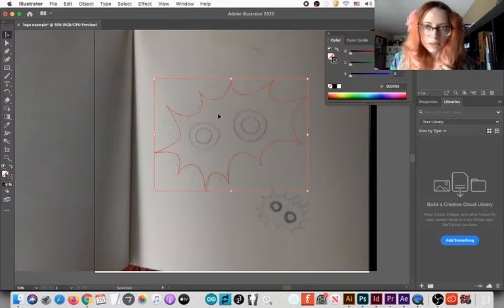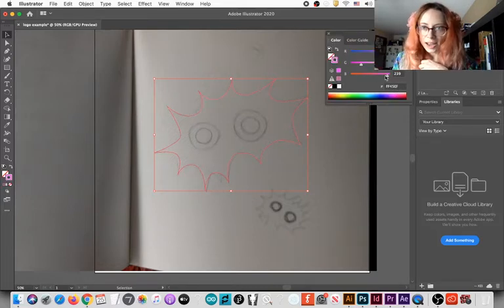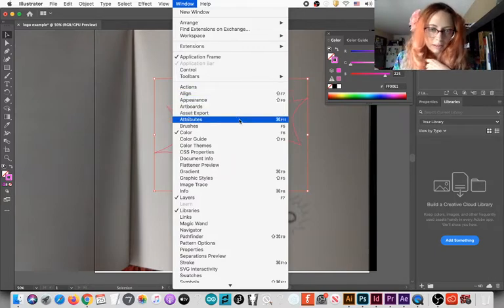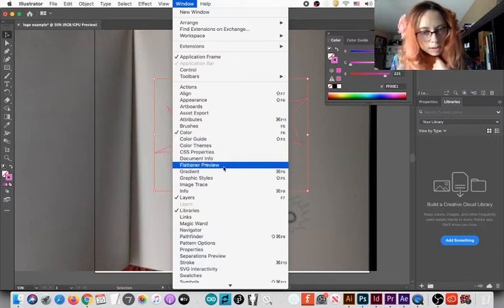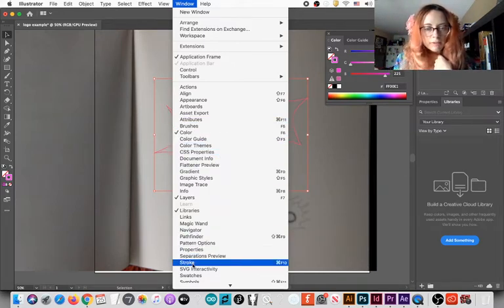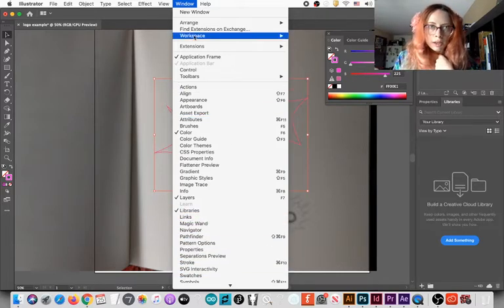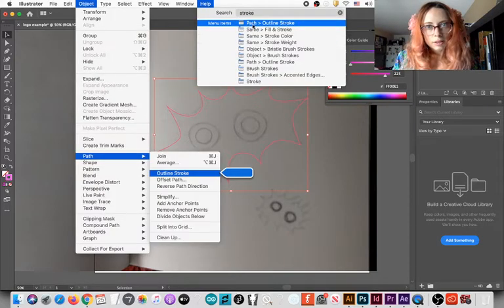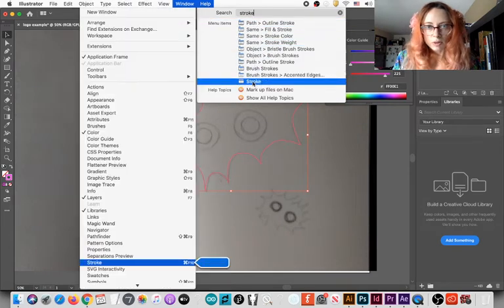I want this outline to be a different color just so I can see it. Pink! Yay! I want it to be a little thicker so all of us can see it. So, I don't see the thickness panel. Thickness, everyone wants some thickness in their life. This is called stroke. When something is missing from your panels, probably you will find it in Window. If you don't find it in Window because there are too many things, you go to Help and start typing stroke. And here it goes, it gives me a bunch of stroke options.